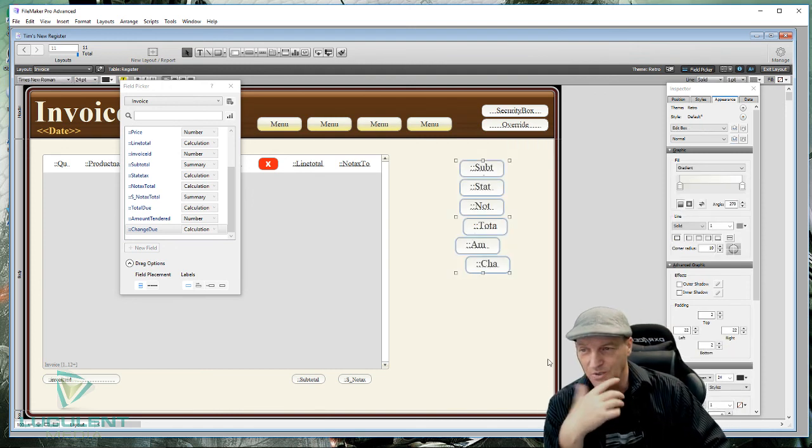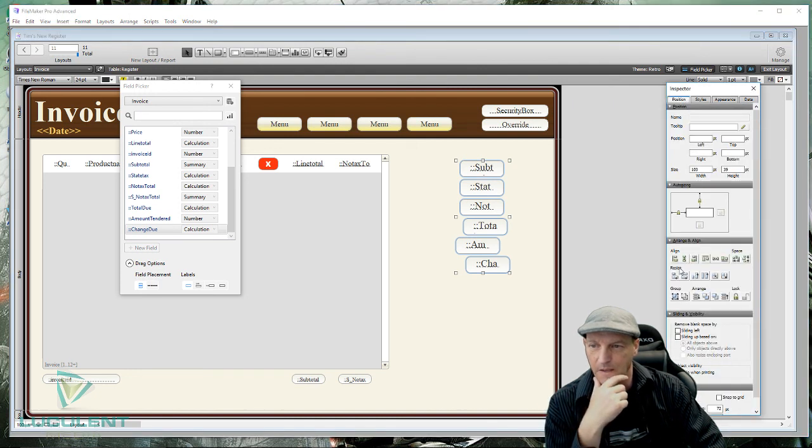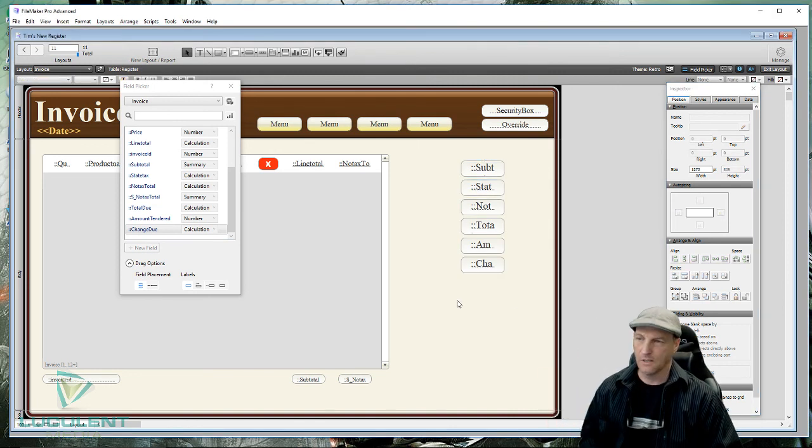But now if you just circle them all, it's such an easy thing to do. Just go into your positions. And we're going to align them on a vertical center. And then we want to space them, distribute vertically. So now they're all exactly perfect. Now if we collect them all,